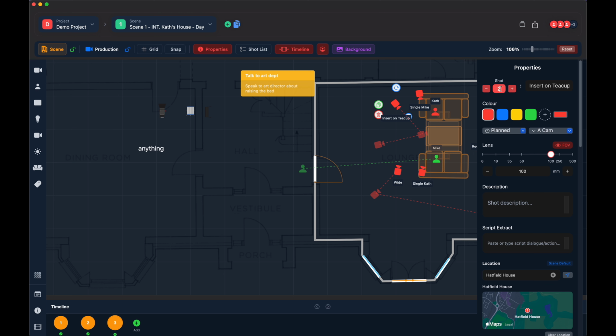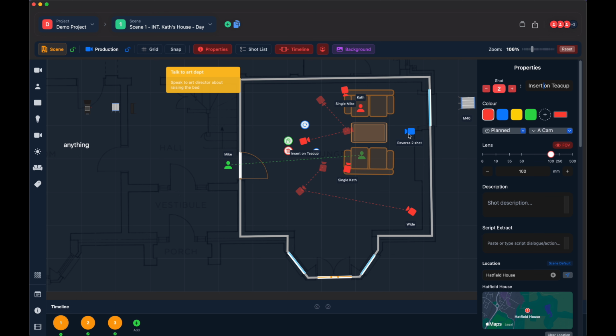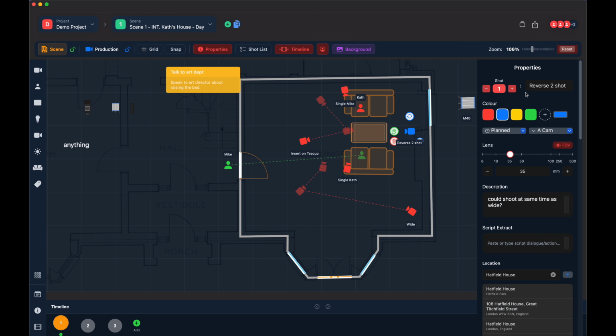So first of all, this is where you put your shot numbers in, so this will affect the order in the shot list, and we can name the shot up here. We can give it a color, so in this case I've given all the cameras a red color because they're A camera, but if I thought maybe this one might be on B camera, I've given that a blue color. You also got a color picker here, so you can pick a custom color if you would like to. This is the status, so we can obviously change that as we're going through production,